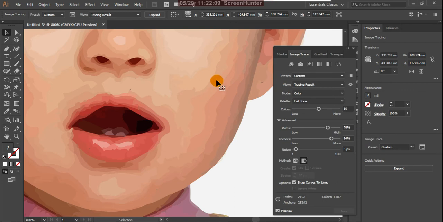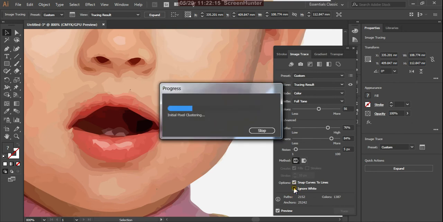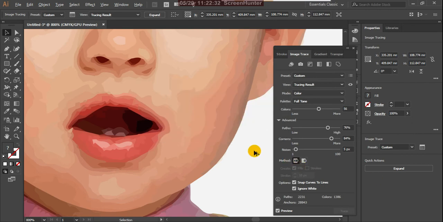The smoothness will happen on the color gradient. So here it is showing paths 2152, colors 1382, anchors.